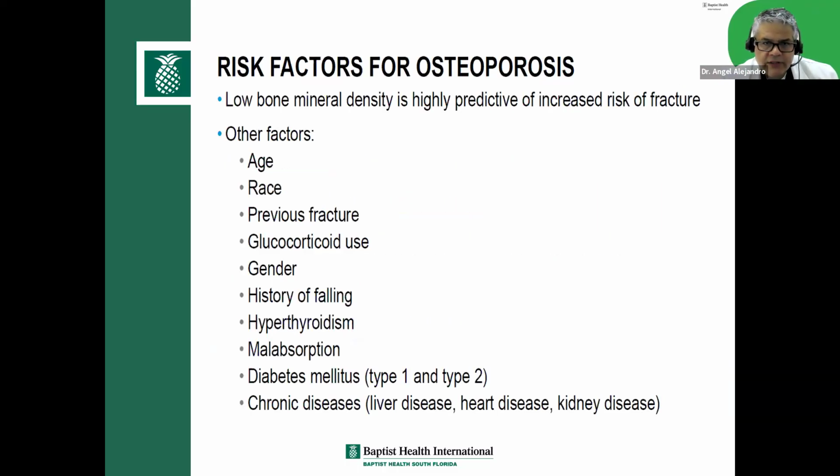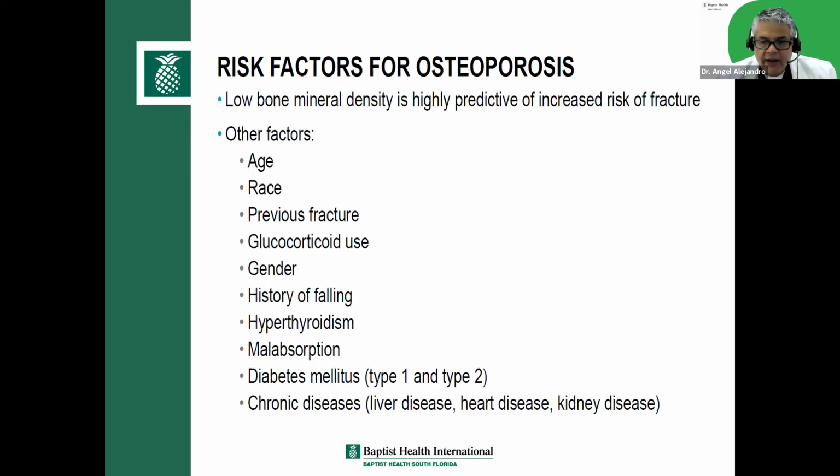What are the risk factors for osteoporosis? I think the most important one, and no one's going to argue with that, is age. And I'll show you a slide now from a recent study. As age increases, so does the risk of fracture. History of fracture is a risk factor. Don't forget the steroids. A lot of patients with arthritic conditions are on long-term prednisone use. They're at high risk for developing osteoporosis.